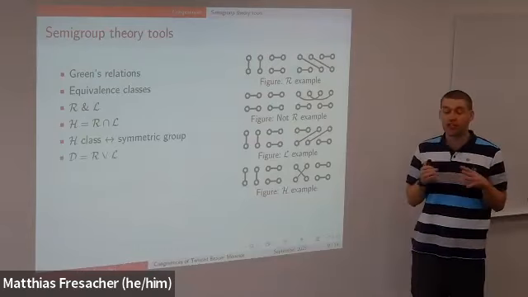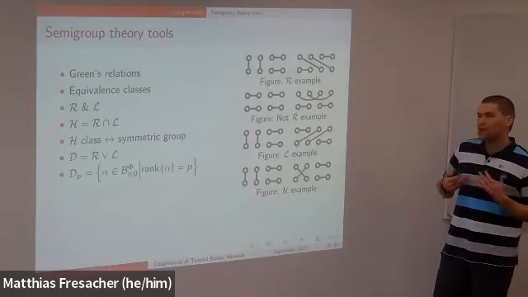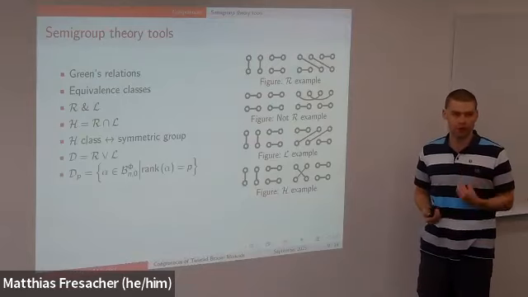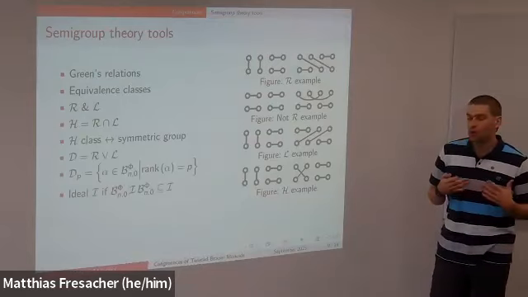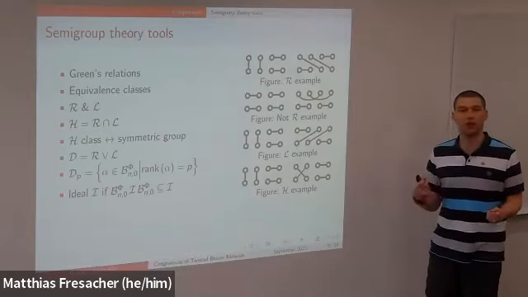Instead of taking the intersection, I can take the join. That's going to give me the D relation. And for diagrams, 2 diagrams are D related if they have the same rank. You're probably familiar with the notion of an ideal subset where if we multiply on the right or left, we